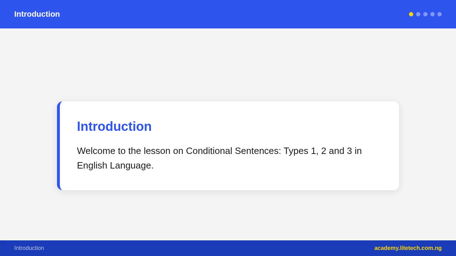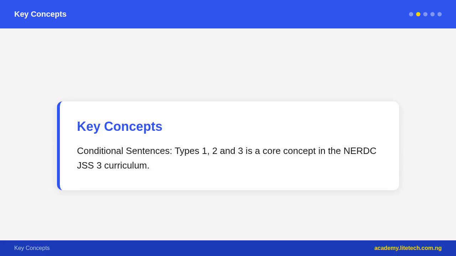If it rains, we will stay indoors. If she arrives early, she will help with the arrangements. Note, the if clause uses simple present, even though it refers to the future. Never use will in the if clause of a type 1 conditional. Wrong: if you will study hard, you will pass. Correct: if you study hard, you will pass.